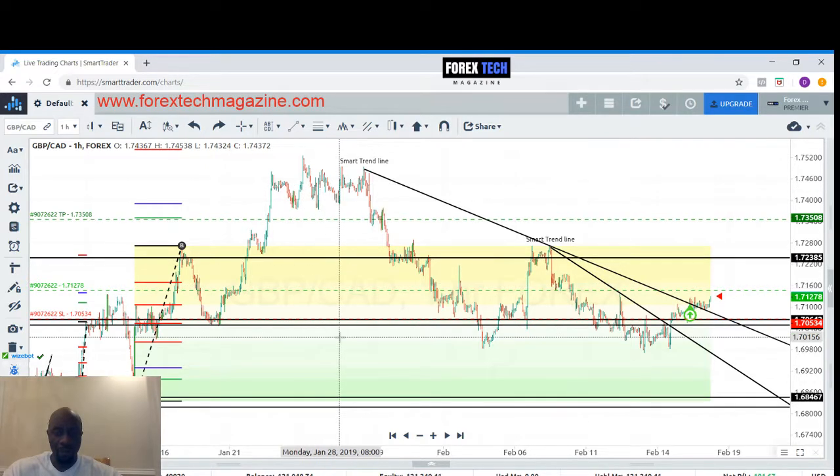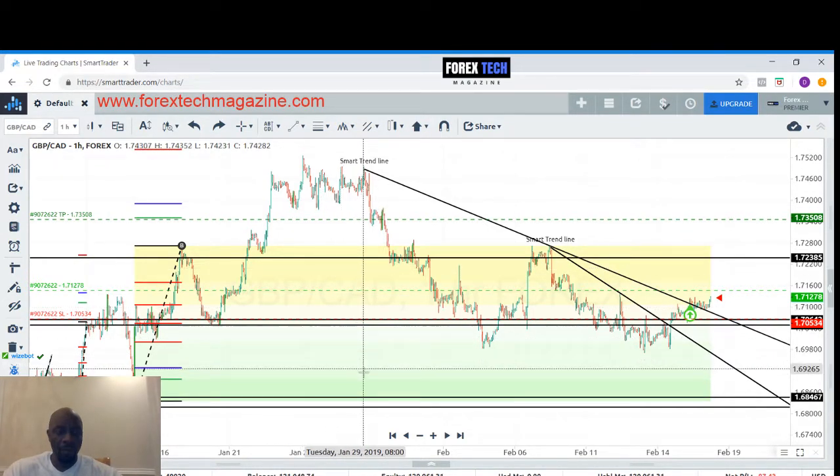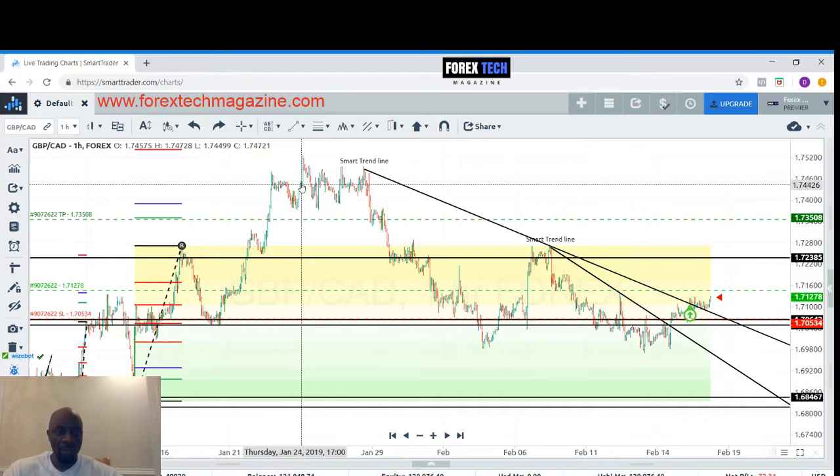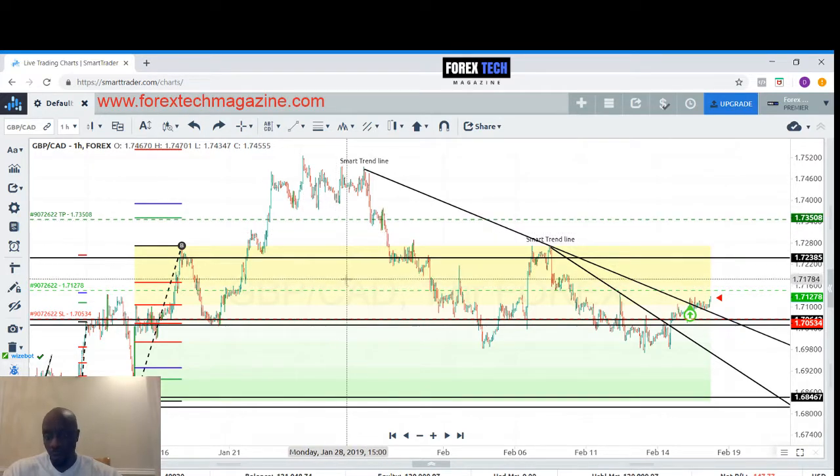But if price is still in that mode where it looks like it's supposed to go back, to complete the Fibonacci sequence would be going back to the red. But if price starts to decline more, then all of a sudden you go back to the lavender or the blue or the green. Which, if you got in up here, then that means you're definitely taking a loss, because price is only scheduled to go back here or here. All right, and so you want to avoid